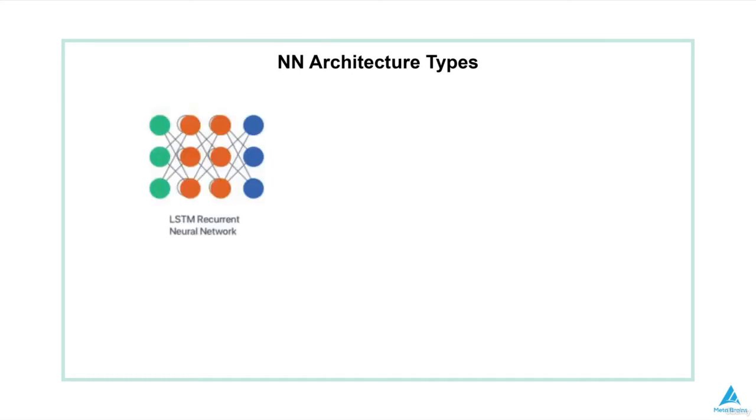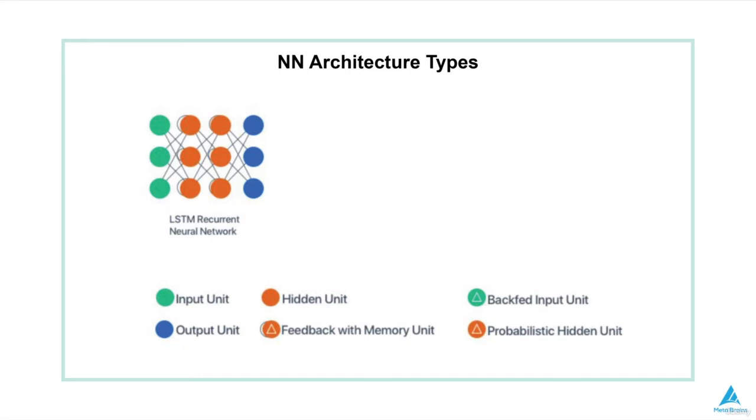Next is long short term memory neural network, LSTM. The type of neural networks in which the memory cell is incorporated into hidden layer neurons is called LSTM network. Keep in mind that LSTM is a particular type of the recurrent neural network, or RNN, that we saw in